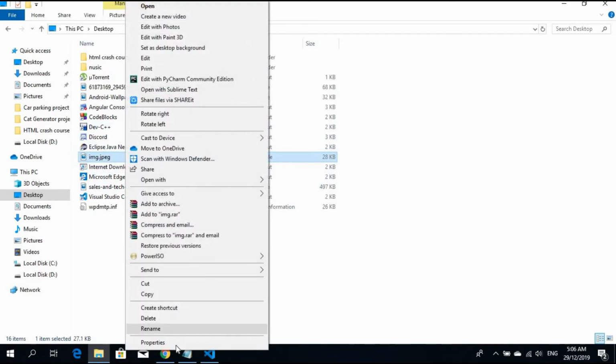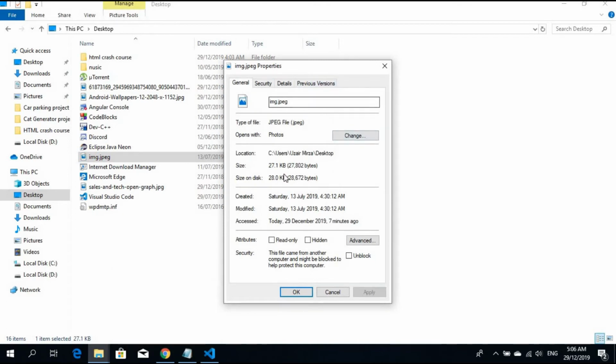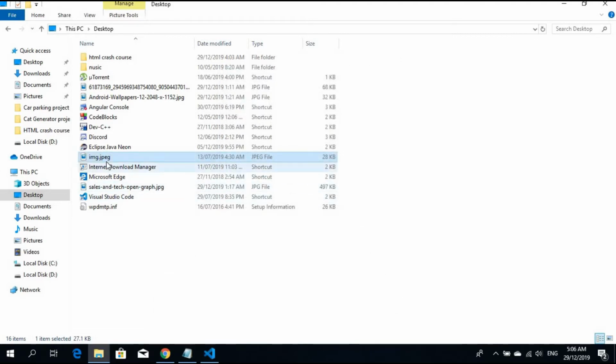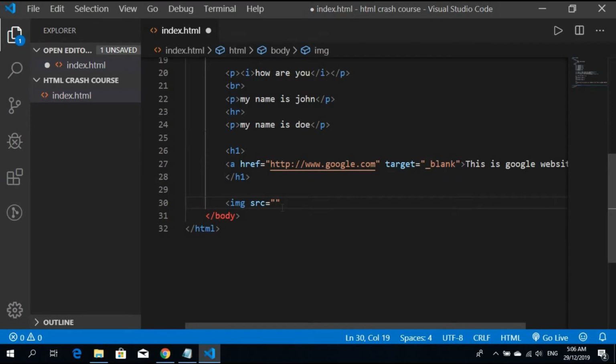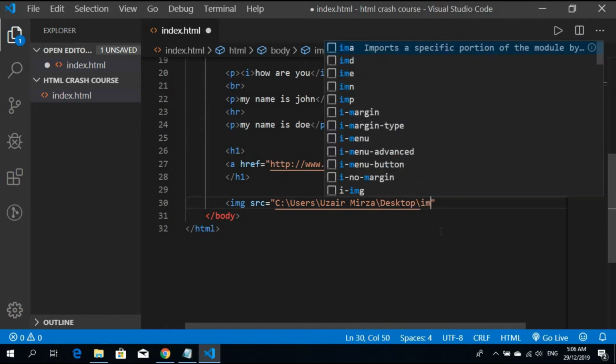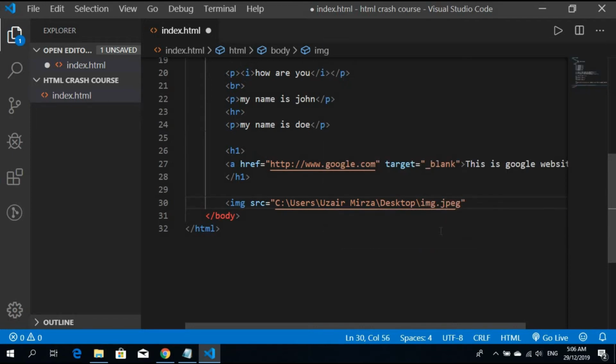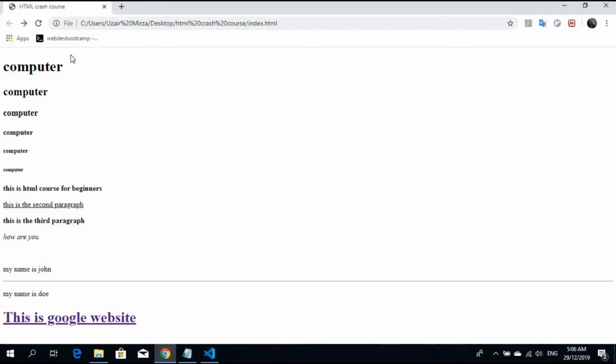So right click, go to properties, and there is location. Copy that location, Control C, and what is the name of that file? img.jpeg. So we pasted the location, and after that backslash the name of the file, img.jpeg. Close the tag. So let's save it and check on the browser, reload the browser. So at the last you can see there is an image of a cute cat